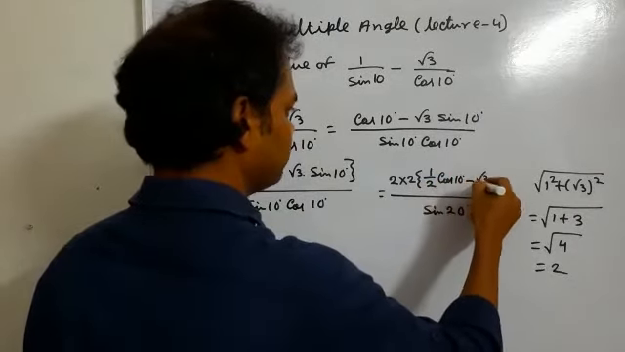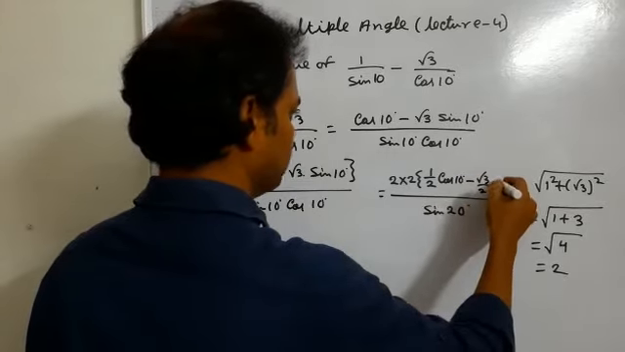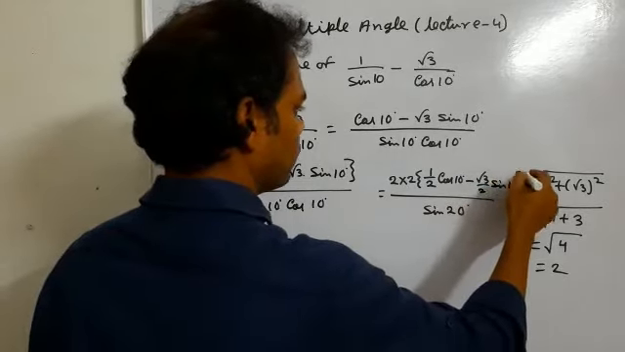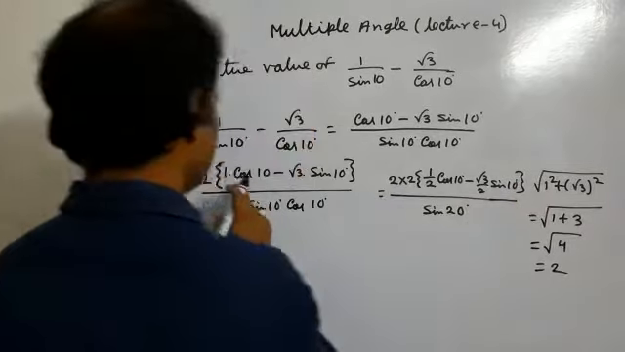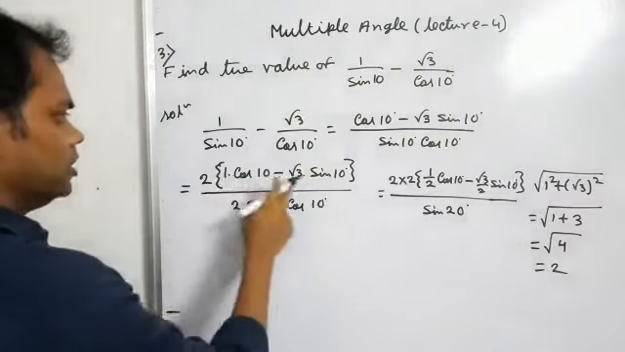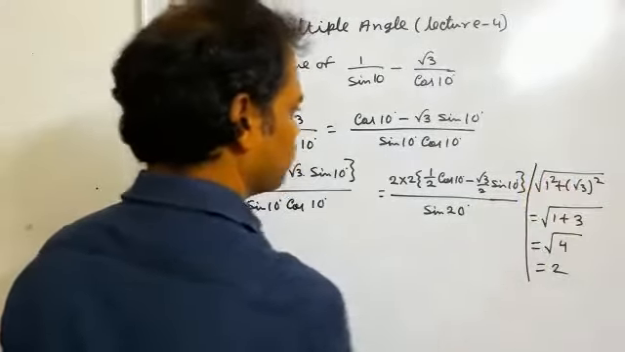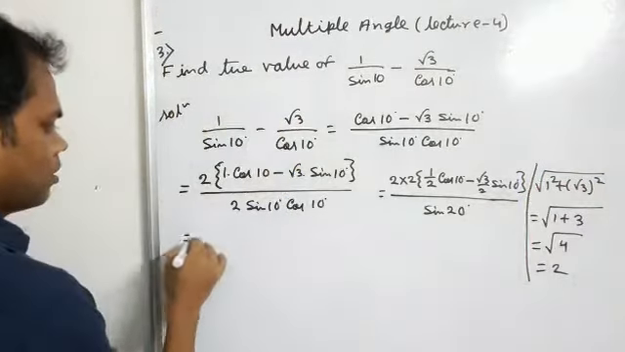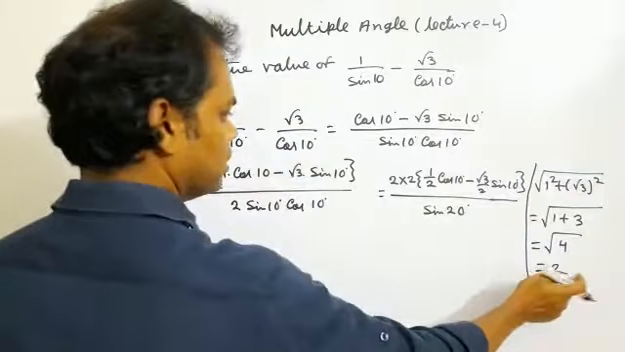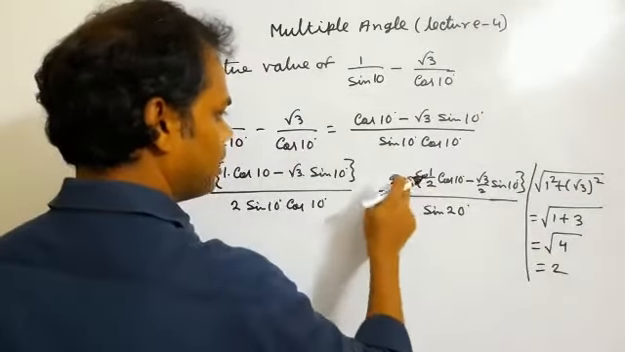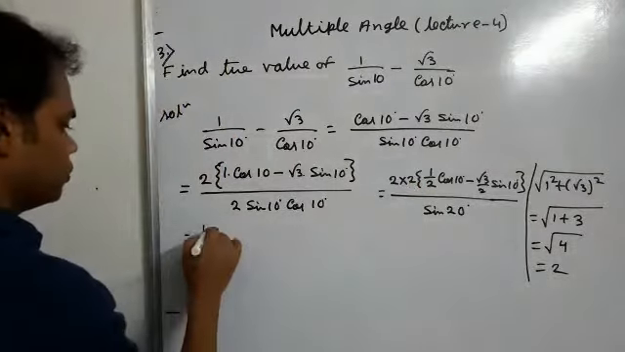Each and every time in this kind of sum, we just take the coefficient of cos 10 and the coefficient of sin 10, then by using this kind of square root we get the term, then we divide by that term and multiply by that term. So 4